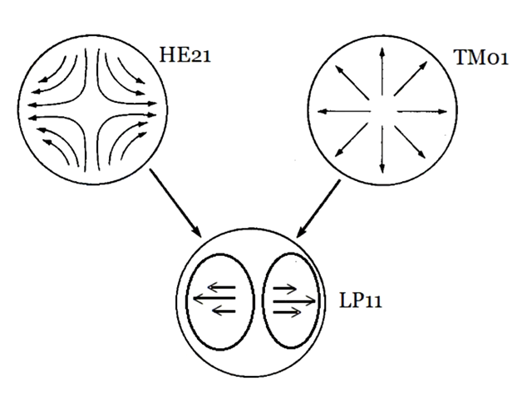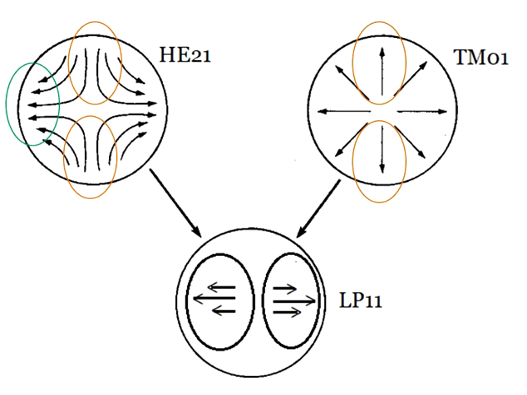Again, if we consider one more combination, HE21 and TM01, then again you can find the pattern for the LP11 mode. In this case the fields are going in the downward direction, but in TM01 the field is going in the upward direction, they will cancel each other. So again in LP11 the top side is 0 field. Again this field is moving in the upward direction, but in TM01 the field is moving in the downward direction, so again they will cancel each other.